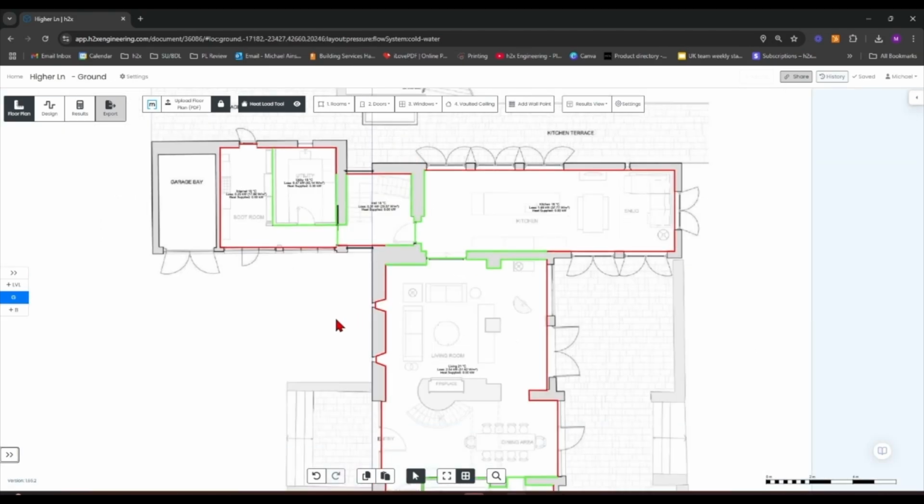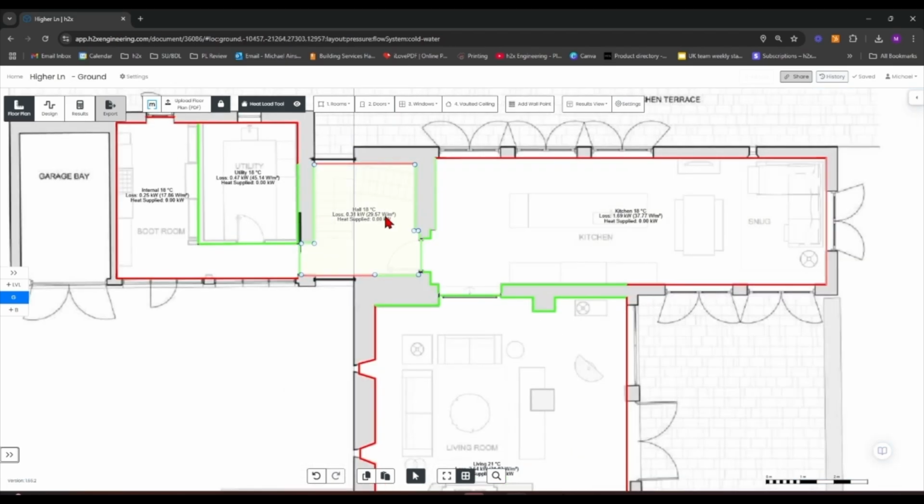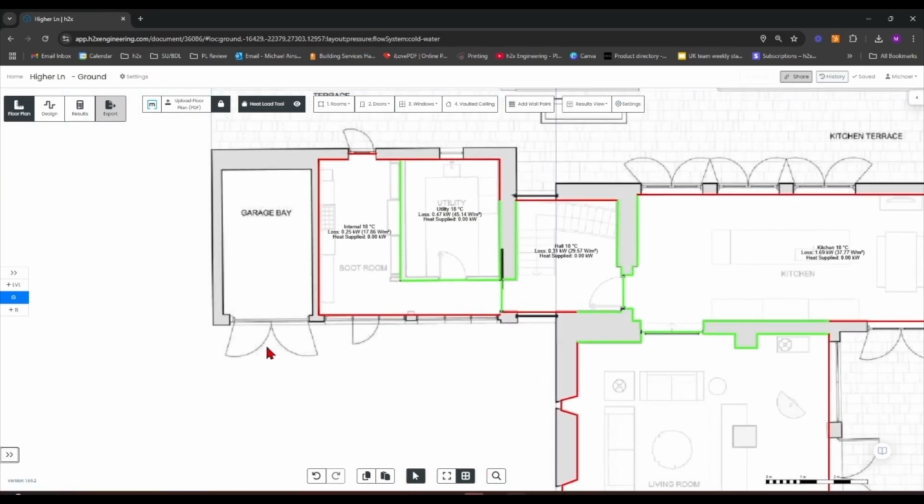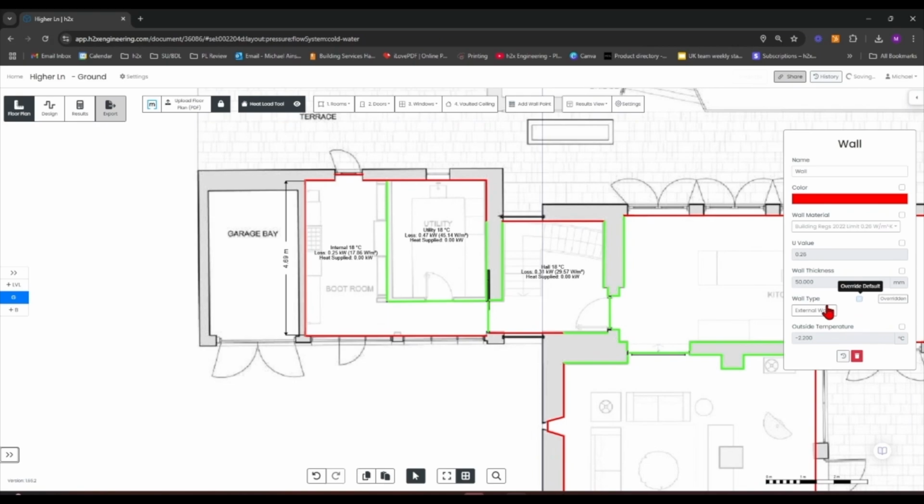Okay, so we've pretty much got all of the rooms modelled. We've managed to override the external walls that have been recognised on the internals by just clicking on them, setting the neighbouring space temperature, and adding the wall points wherever they change, if one part of the wall is external or not. Another scenario you might come across is where you have a garage or something like that, an internal unheated space. What you can use for this is you can either set the wall to be internal and do something like 10 degrees to reflect the unheated internal space, or you could actually use the